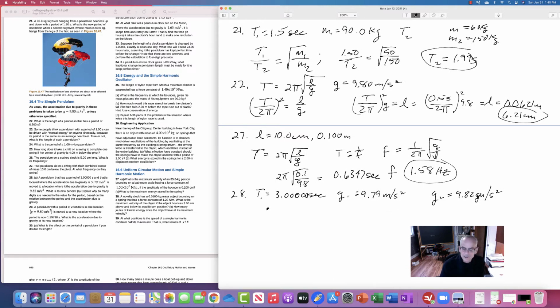Well, we have a situation that's one of these T1 over T2 things. T1 over T2, we'll put the whole thing in here because it's the first time we've done it with this one. 2 pi square root of L over G1, over 2 pi square root of L over G2. This stuff cancels out, this cancels out. What you end up with is the square root of G2 over G1. So if we put that in here, 9.79 and 9.82,